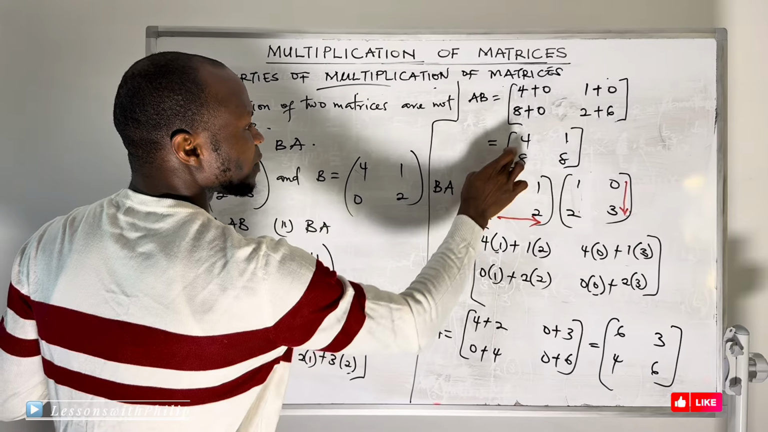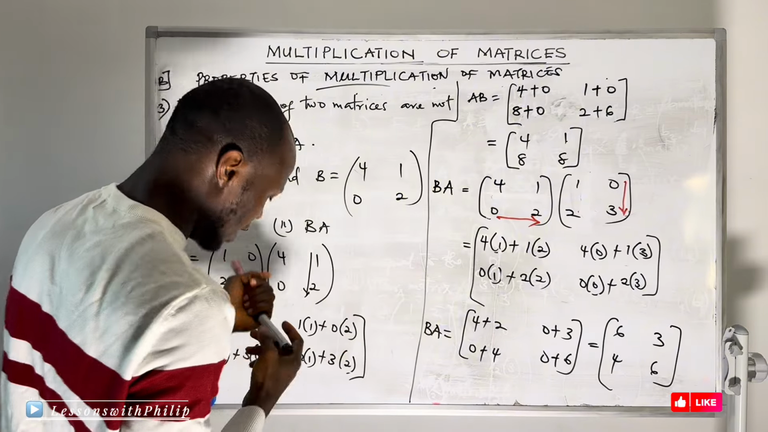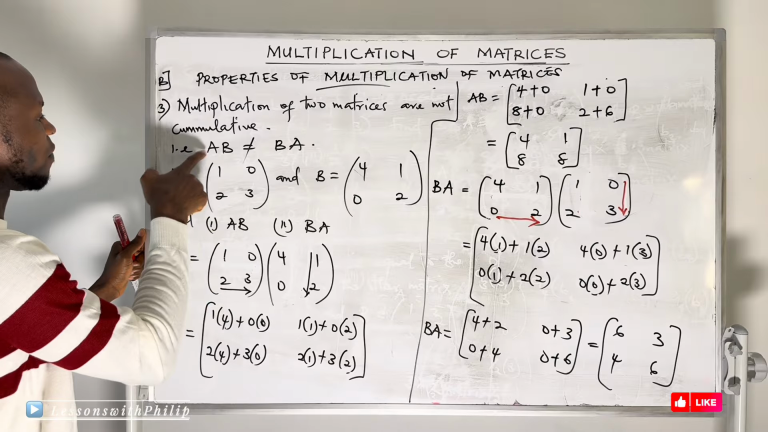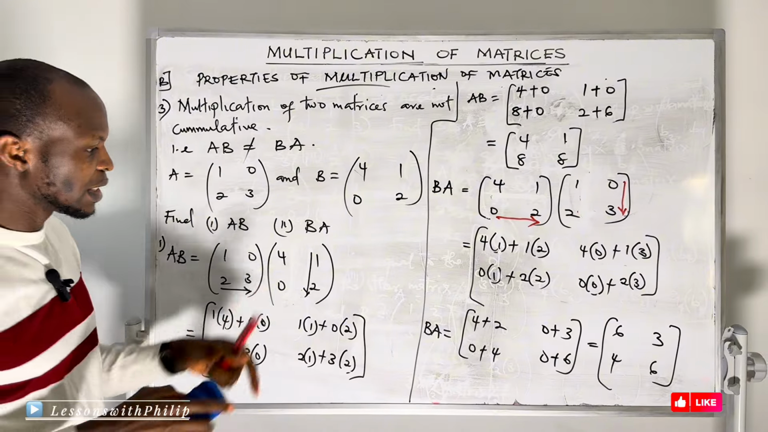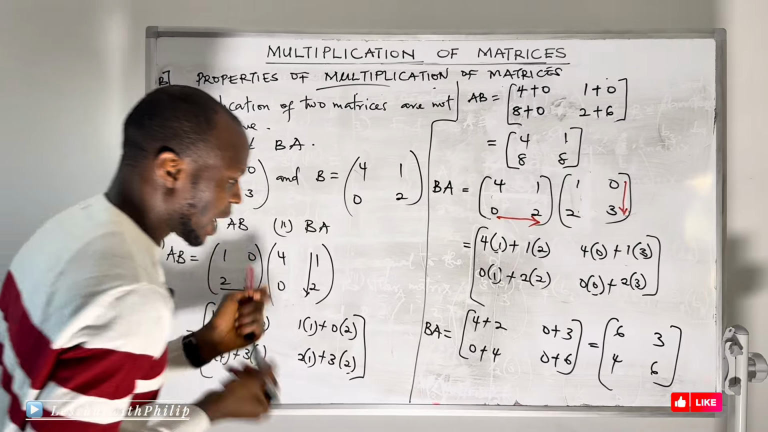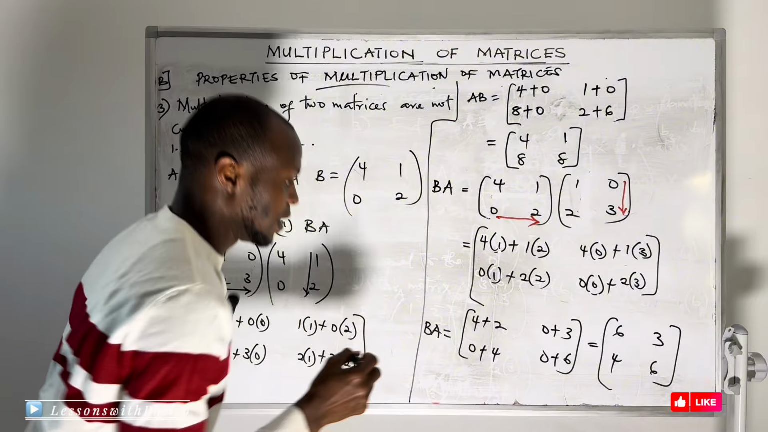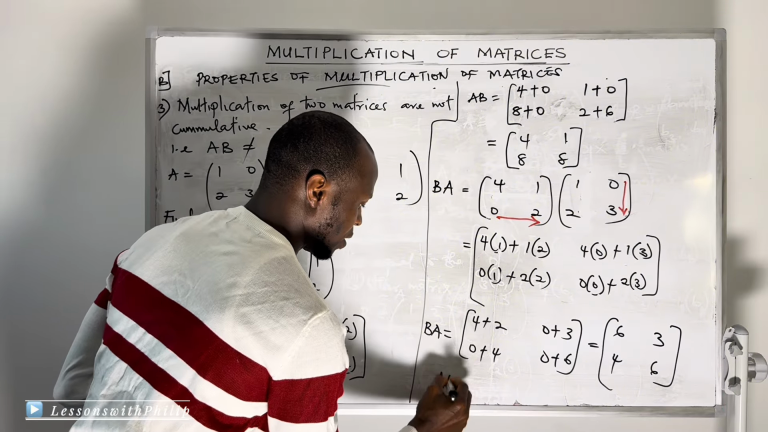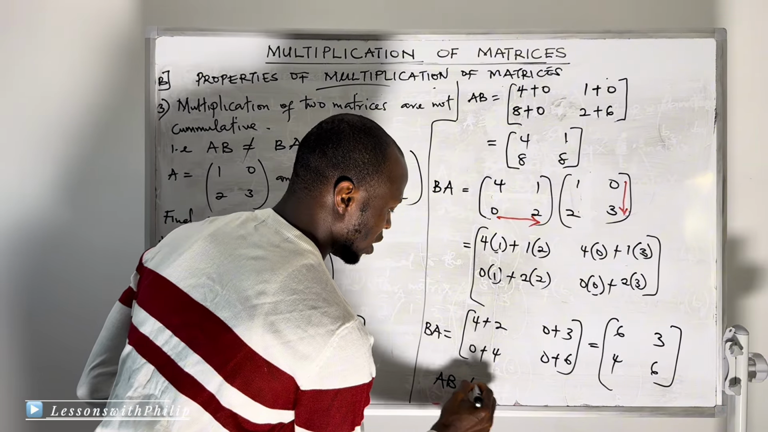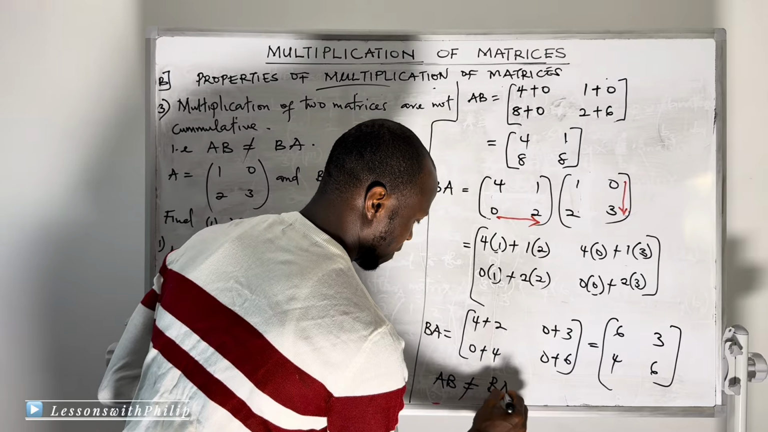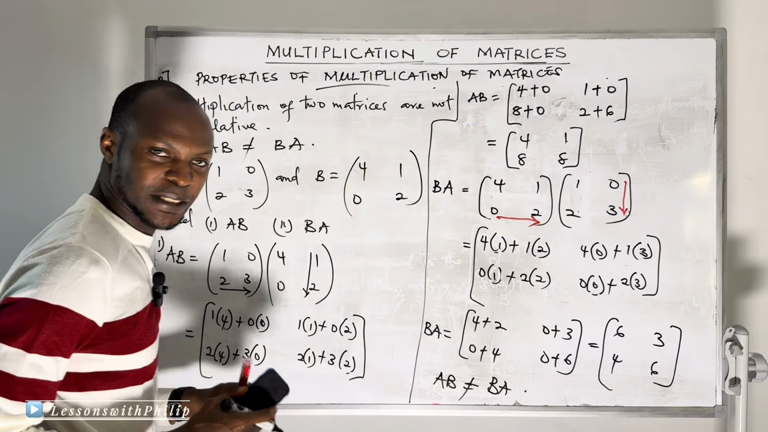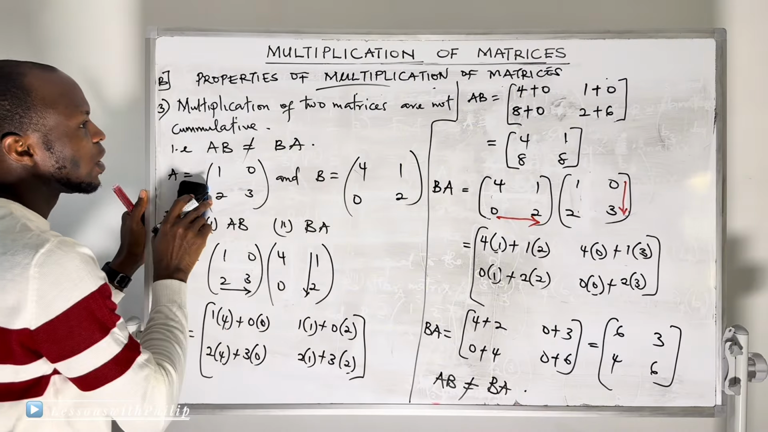Your AB is 4188. Are they the same? They are not the same. And that is what we have done. Since you could see that my AB is not equals to my BA. Okay? Do you get it? Let's move on to